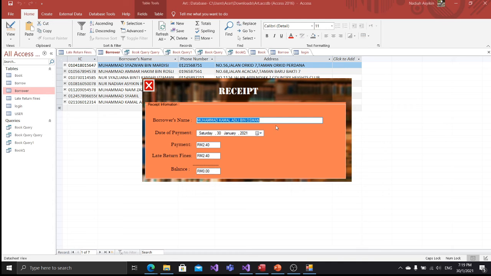After that we show a receipt page showing that Kamal has paid. For the payment and the late return fine, Kamal paid all and the balance is zero. Okay, when we click the exit button,